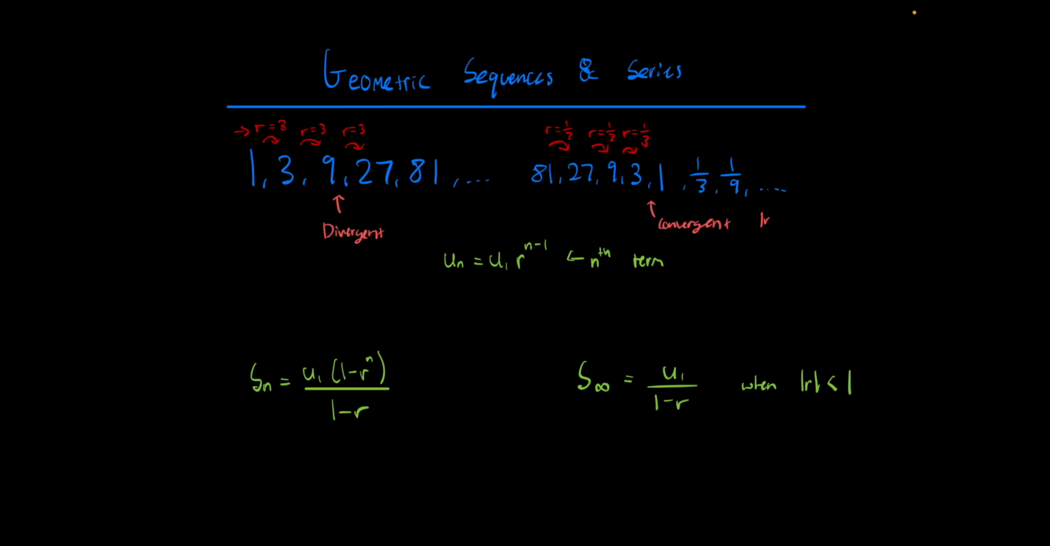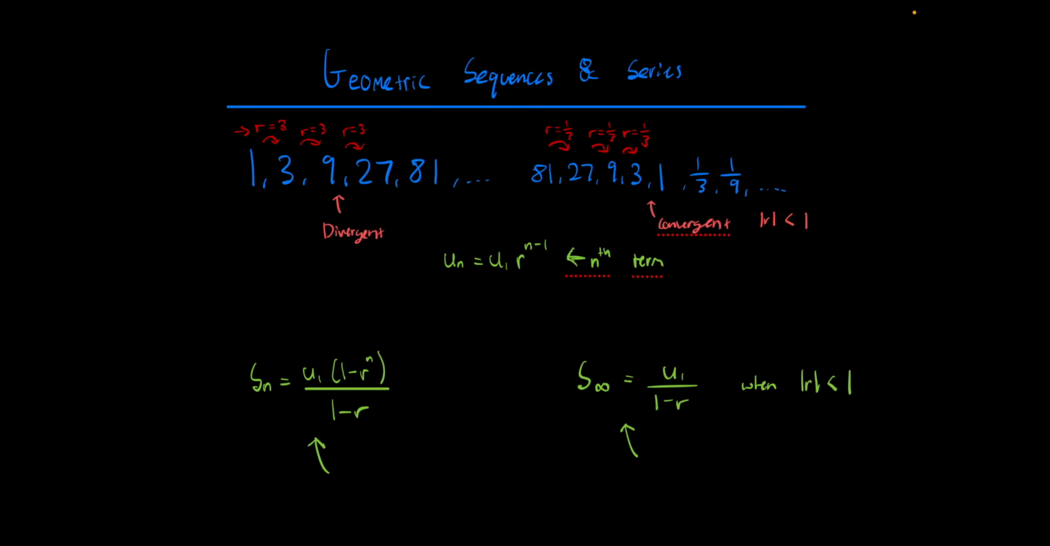because the absolute value of r is less than 1. Some important formulas that you should know: u of n equals u of 1 times r to the n minus 1, which represents the nth term of any geometric sequence. And this formula here represents the sum of the first n terms inside of a geometric sequence. Now, on the right side, we have s of infinity, which means the sum of all terms inside